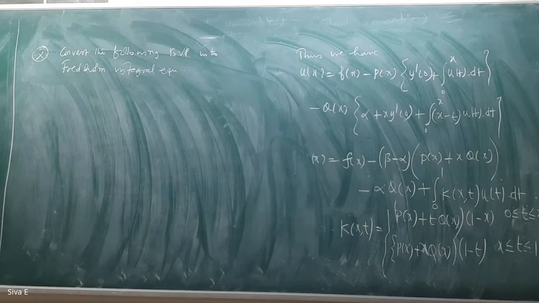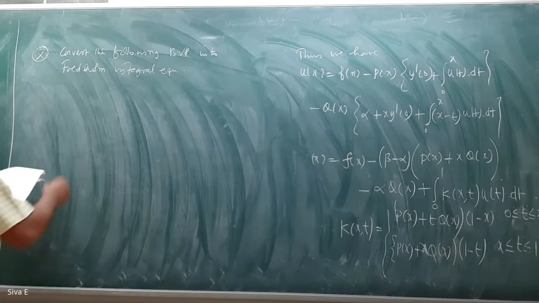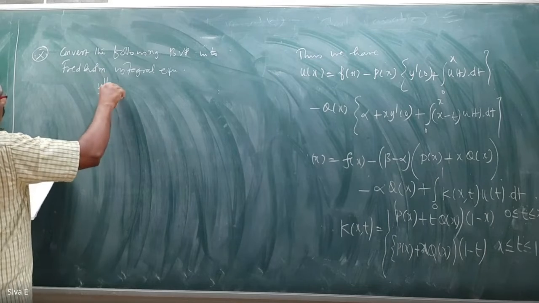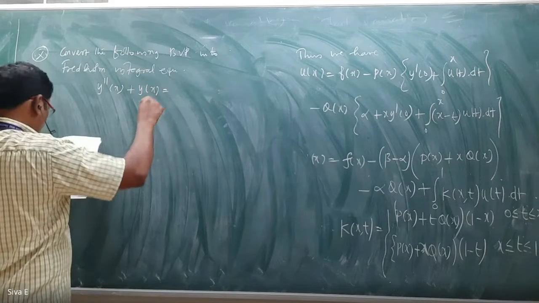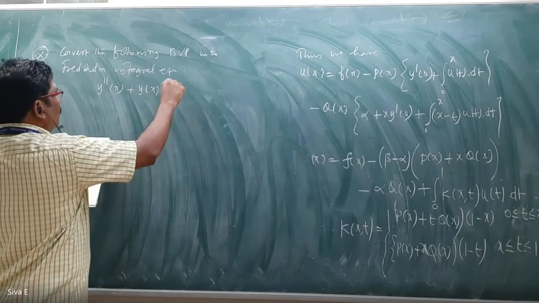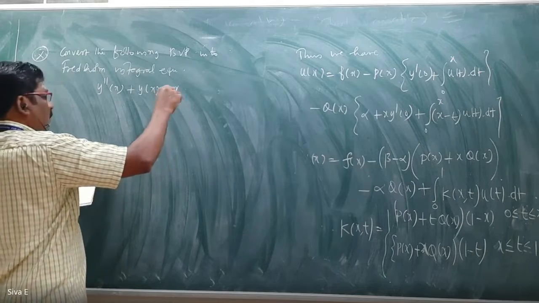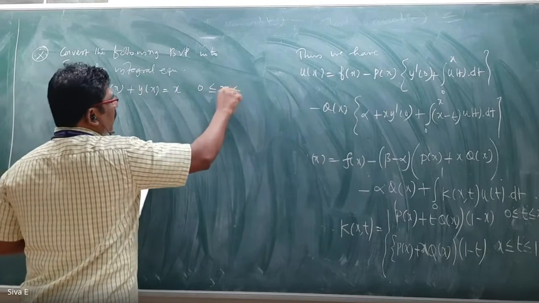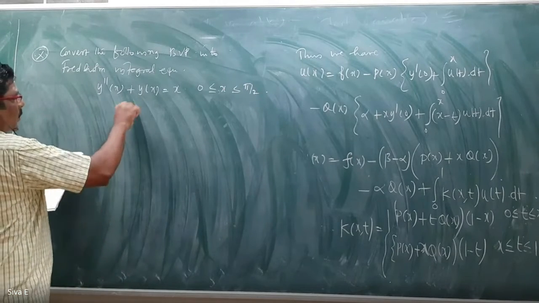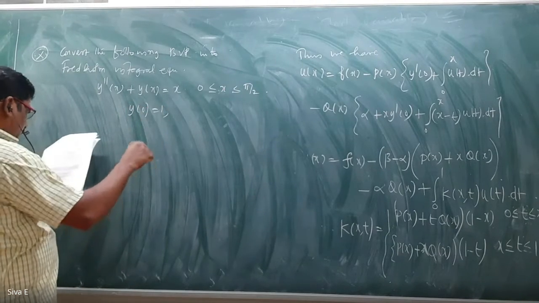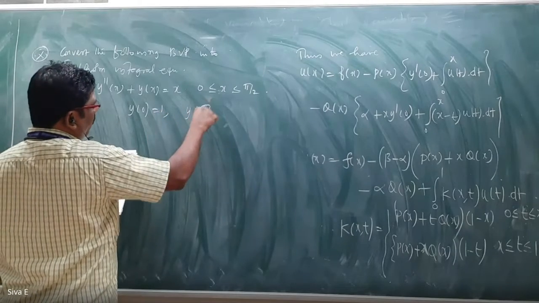The problem is y double dash of x plus y of x equal to x, where 0 less than or equal to x less than or equal to pi by 2, y of 0 equal to 1, y of pi by 2 equal to